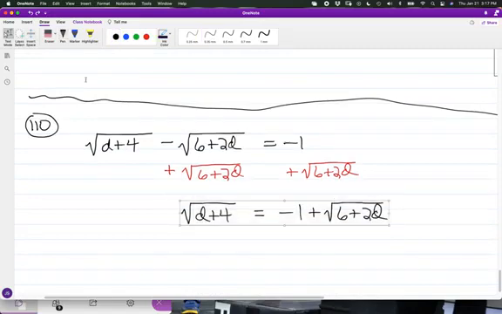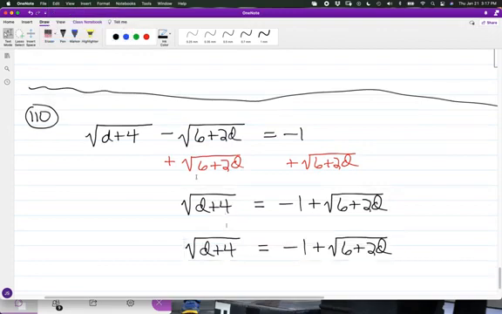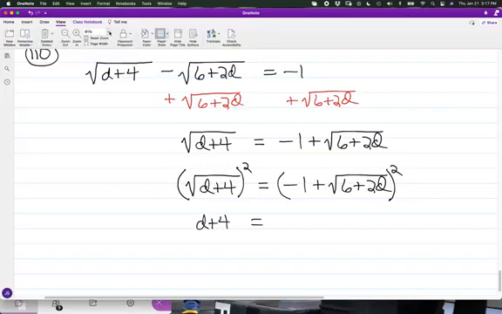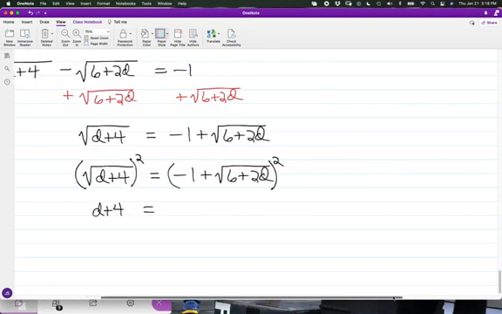There we go. So for what we have on the left, this will be d plus 4 right away. Now for negative 1 plus the square root of 6 plus 2d squared, I'm just going to mention,